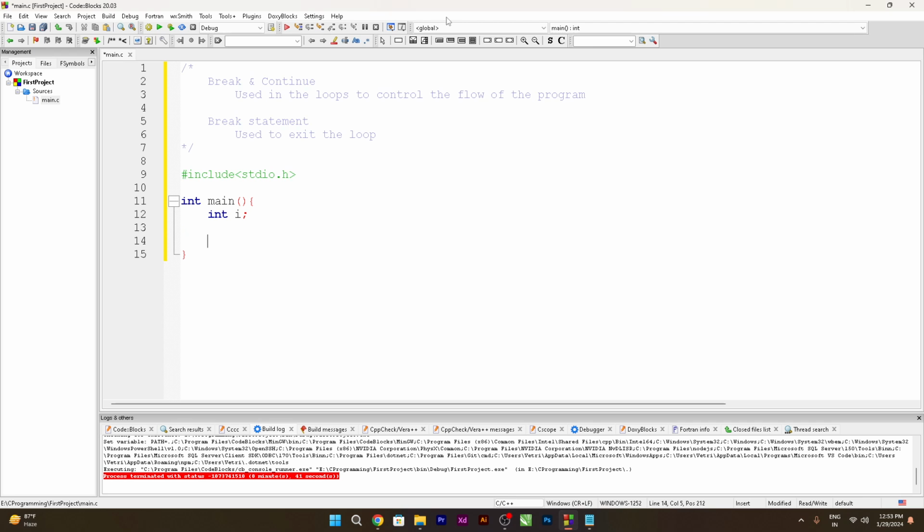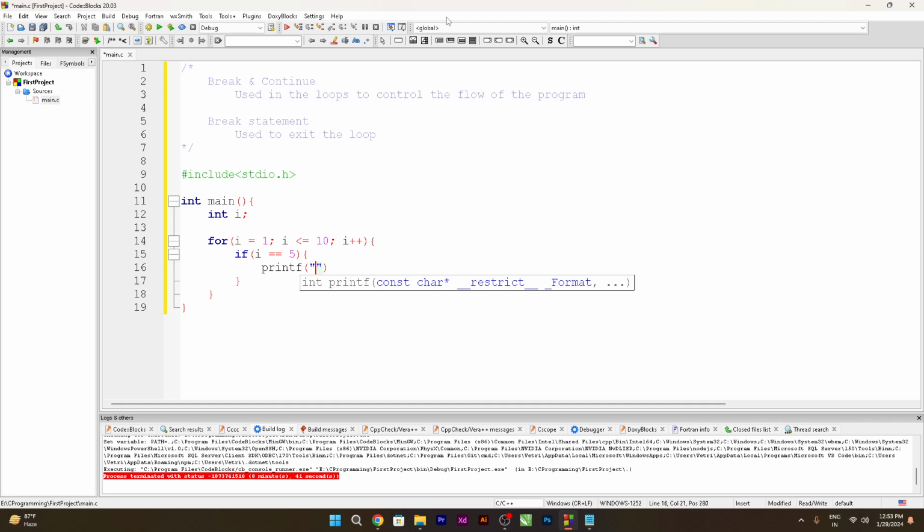So for i = 1, i <= 10, i++, right? What I'm trying to do is, if the i value is equal to 5, which means it has reached the breaking point,